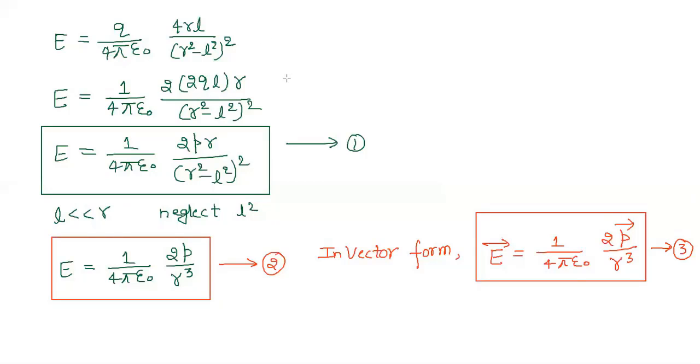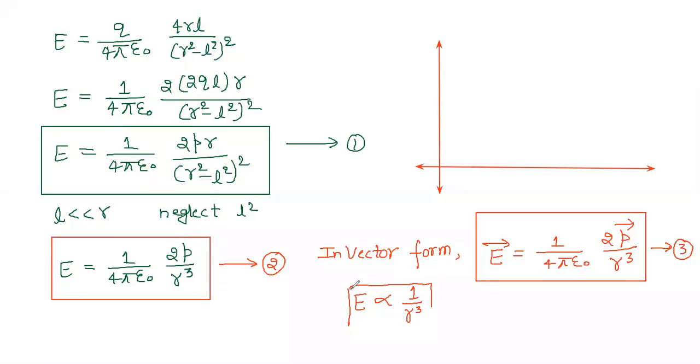One more thing, if you want to draw the graph, then understand here for electric dipole, E is inversely proportional to R cube. It means the electric field will decrease greatly on increasing the distance as compared to the point charges. मतलब point charges से भी बहुत तेजी से कम होगा, R cube के फॉर्म में है ना, इसलिए